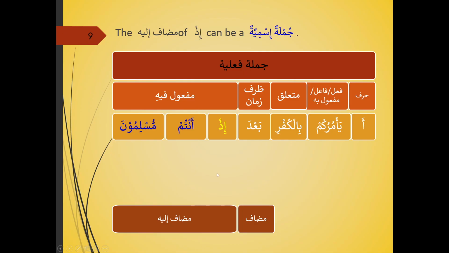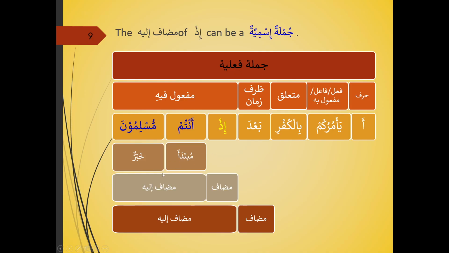So that was the part that was a bit complicated, and I said it's not typical of normal day-to-day Arabic. In day-to-day Arabic, you would only have mudaf, mudaf ilay like this, or just something without a mudaf here, but you have a mudaf and a mudaf ilay of another sentence, jumlah fi'liyah or jumlah ismiyah. But rarely do you have something back to back like this. So we only find this in the Quran. This was what I wanted to highlight. Jumlah ismiyah in this case, a special case.